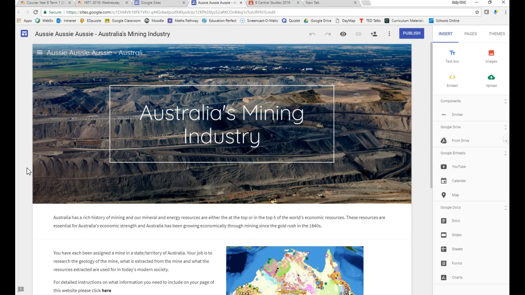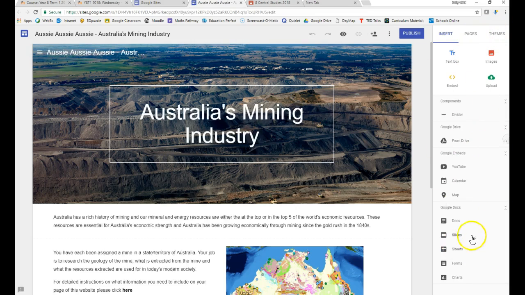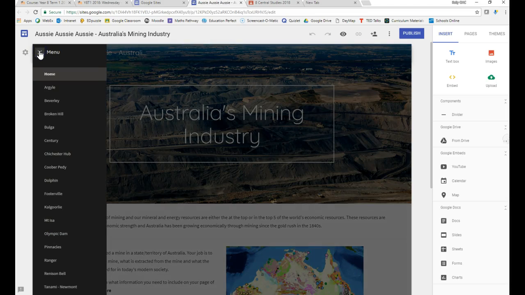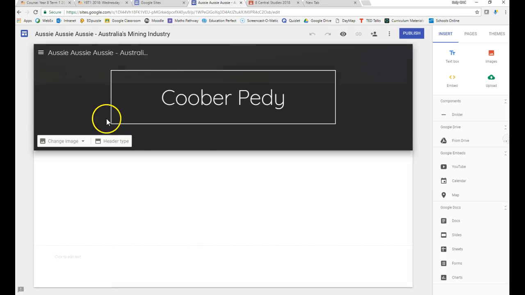To navigate your way around Google Sites, firstly you'll notice that you've got the editing options over here. Everyone will have their individual page. Now to navigate to that page you click on the navigation sidebar and then you pick whichever mine you've been allocated. So we'll start with Kuberpedi for example, and you have complete control over however you want to customize your